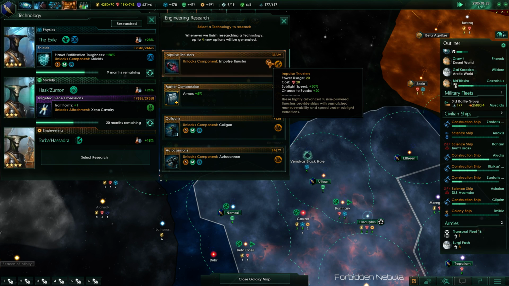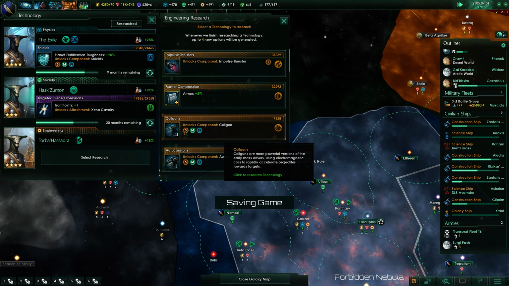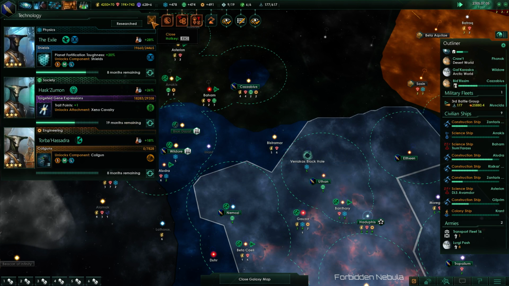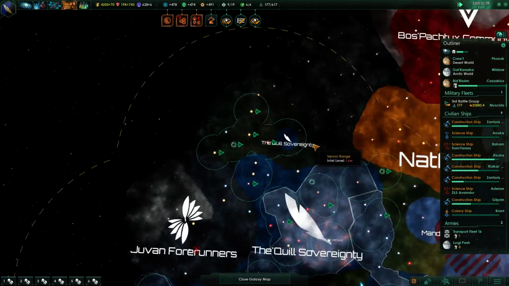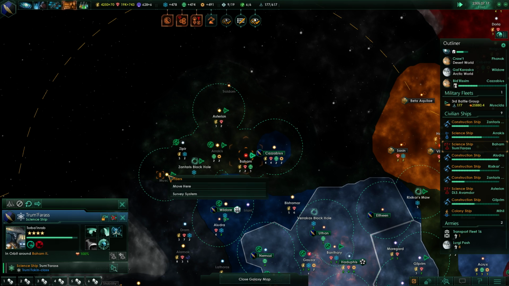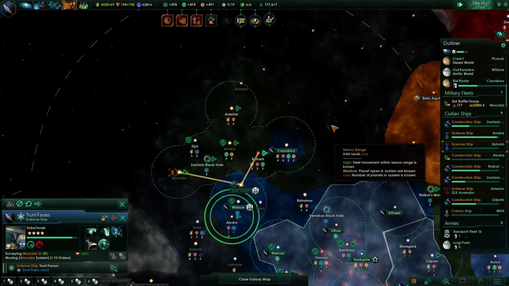Impulse thrusters. I don't know if we need level 2 coil guns. It is really fast, though. I'm going to do that. What I'm hoping for is to get some red techs. Just try to pound through the red, the dangerous technologies as quickly as possible. Power through them. We're going to survey that system over there, because I'm sure there's going to be a lot